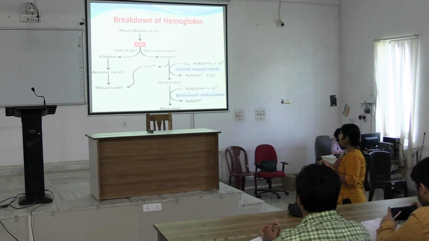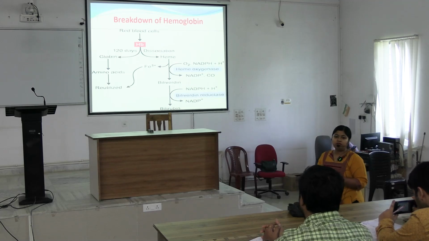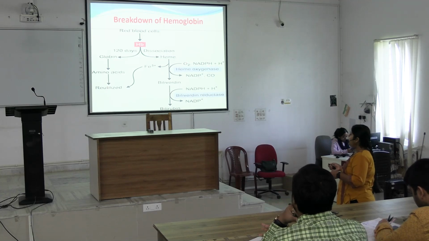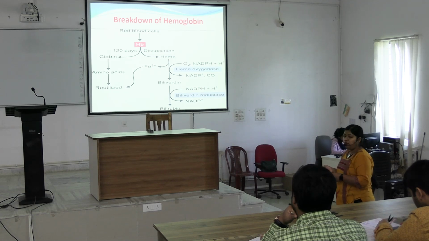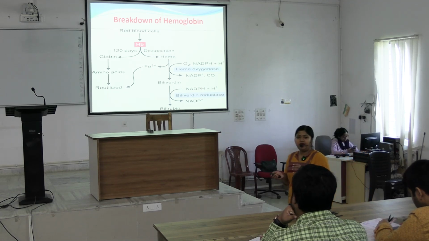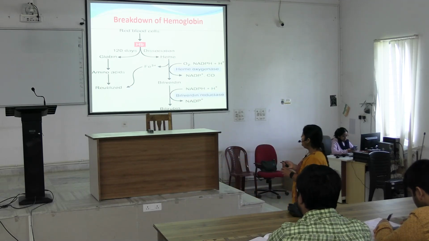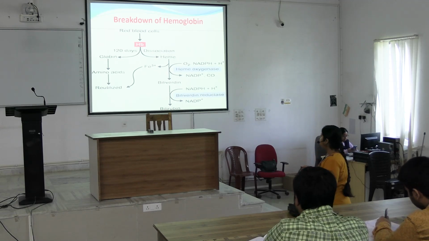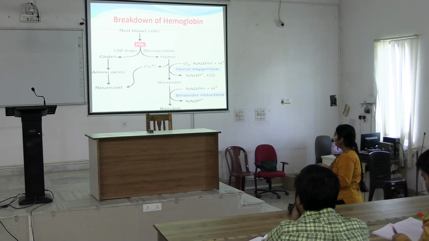Heme breakdown is done by the heme oxygenase enzyme in the microsome of macrophages with the help of cofactor NADPH. Oxygen is required here, and iron in ferric form is released. What is the form of iron in heme? Ferrous form. Very good. So it is ferrous when it is in heme. When it is dislodged from heme, it comes out as ferric form. So heme is converted into biliverdin by releasing one ferric iron, using NADPH plus oxygen, and releasing carbon monoxide.